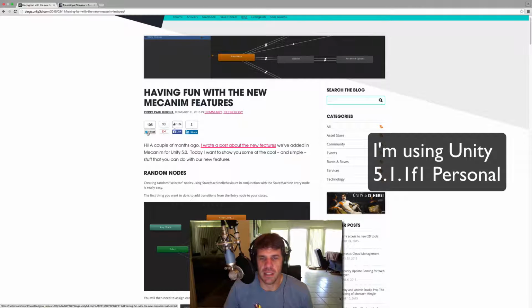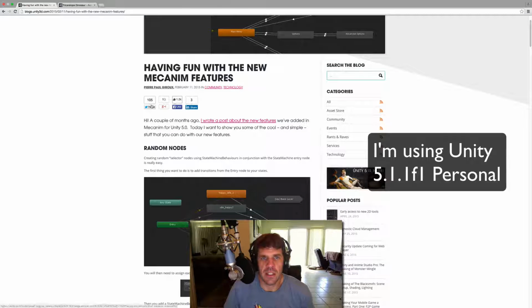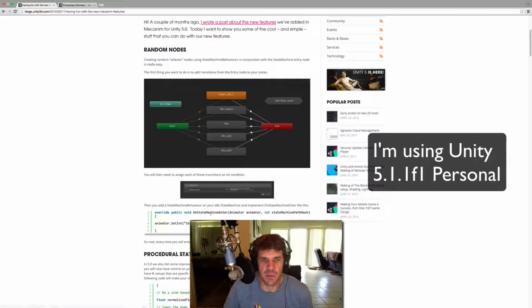So I came across this article that said that there were some new features in Unity 5 about the state machine behaviors, and specifically that they added some new events called on-state machine enter and on-state machine exit, and that you could easily trigger a random node within the